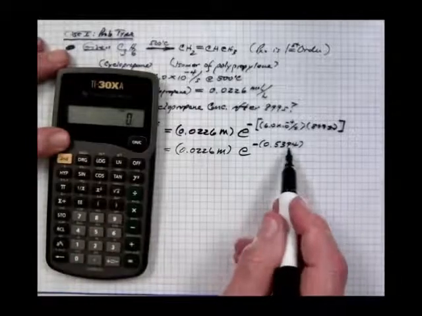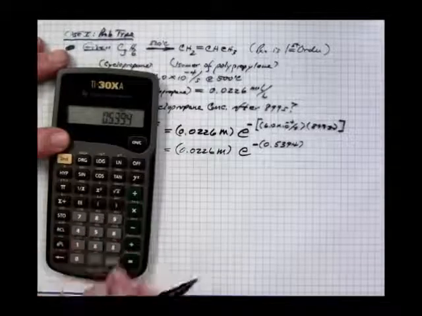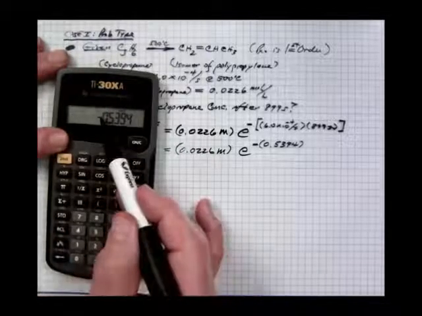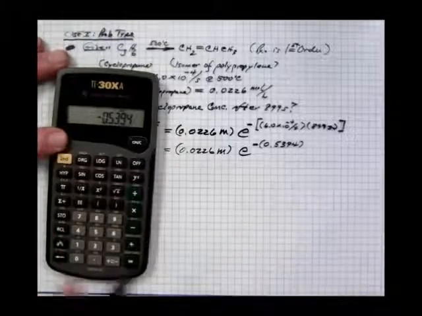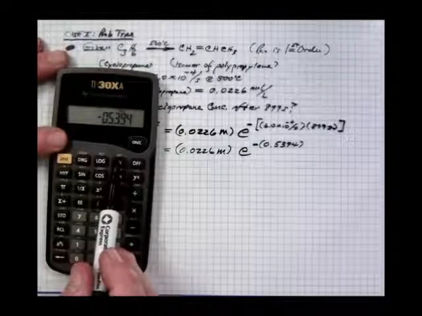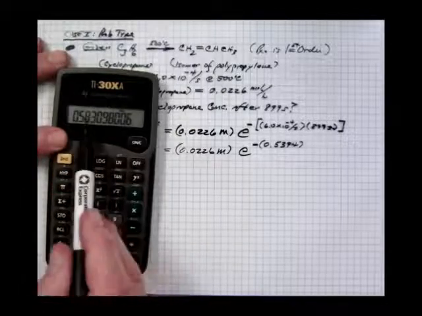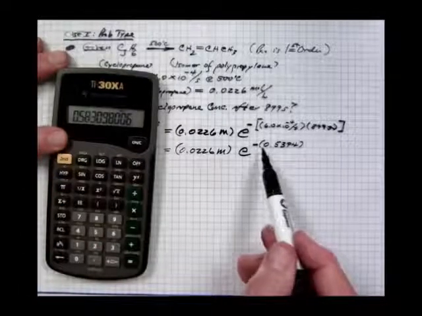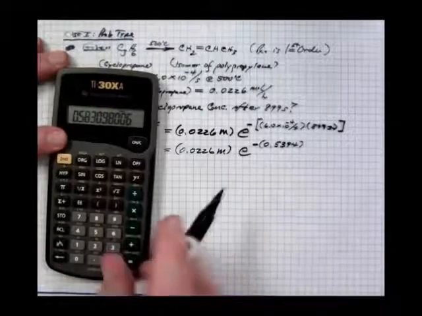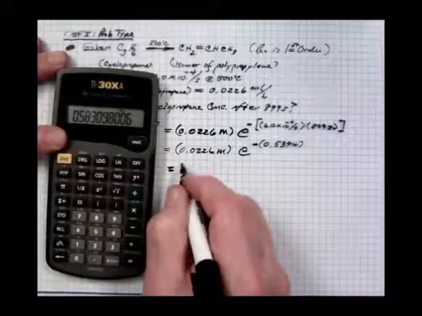I enter 0.5394, and apply a negative to this, and I need the second function here, e to the x, so I hit second e to the x, and this is e to the minus 0.5394. So I will substitute that into my calculation,